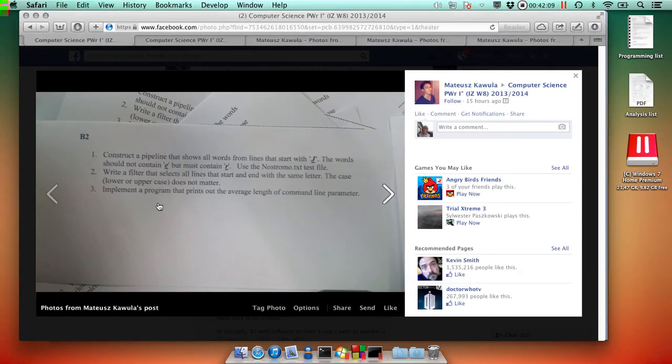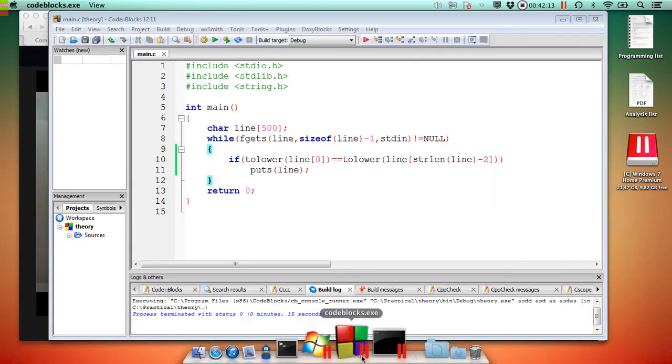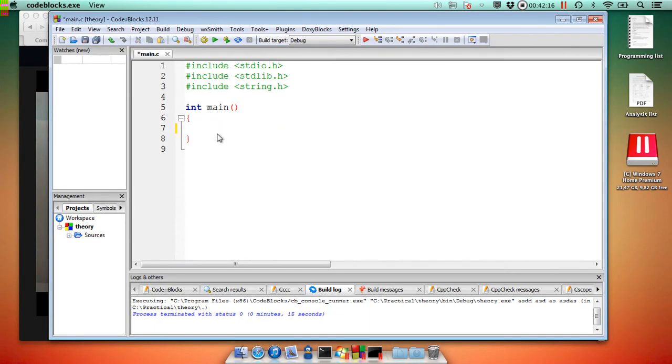B22. Implement a program that prints out the average length of command line parameters. Average length, I've been writing it once. Int i. Count equal to 0, and maybe sum equal to 0, and then we have to have arguments. Int argc, character argv, yeah, something like that. So for i equals 0, i less than argc, i plus plus. For every